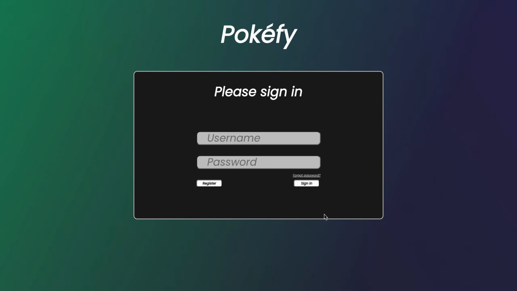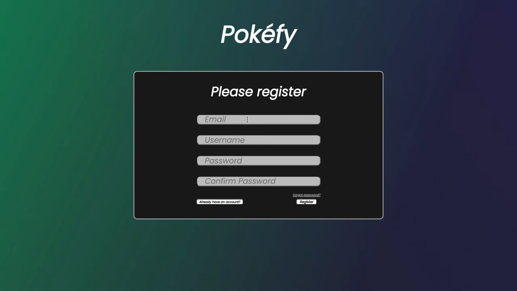If there's one thing I love, it's music, so I set out to find a better way to organize your favorite artists and albums. This is my web app, Pokefy. The goal of this application is to provide a way of visualizing your favorite artists by creating Pokemon cards that represent them. This is the home screen here, but users can register an account